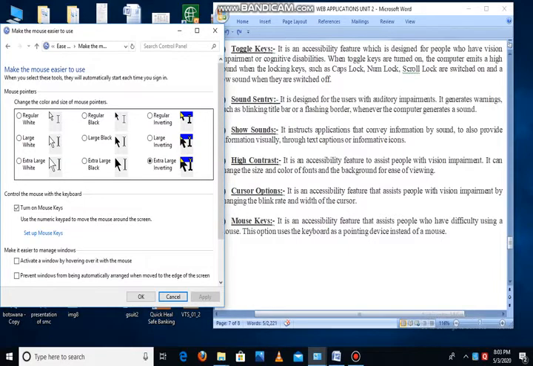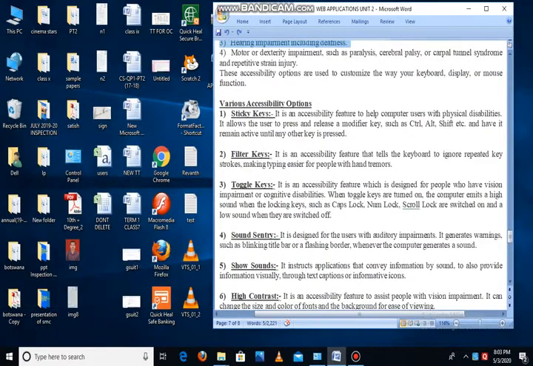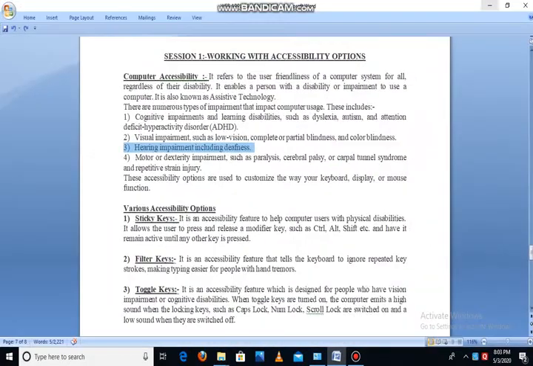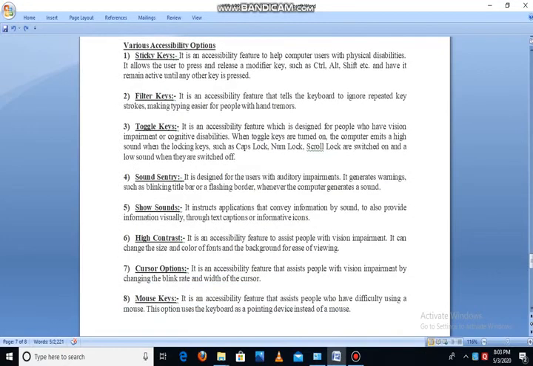Now I think you understand this concept, accessibility options. Still, if you have any doubts, you just drop a message. I will explain in the next session with those doubts, and I will continue the second chapter, that means the second topic. Okay, so these are the important accessibility options. These are very interesting. You just try once, and after the unit I will provide you the exercises and assignment. You just start writing your notes also.